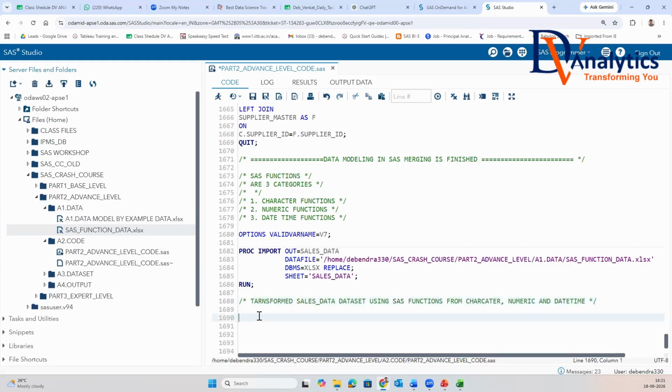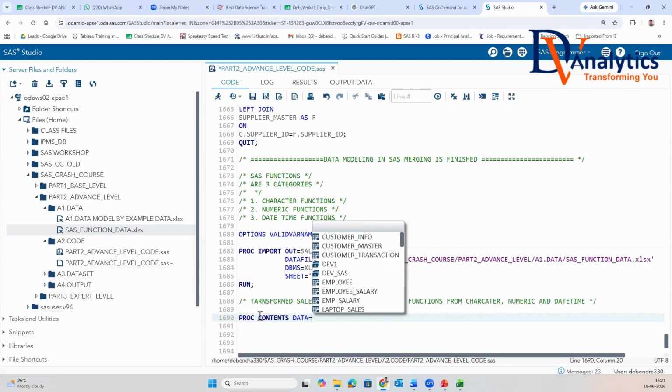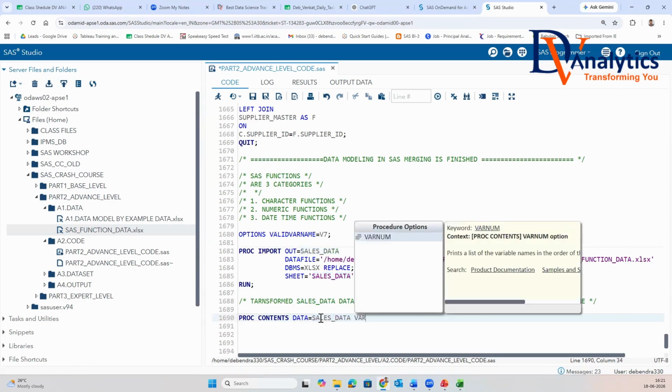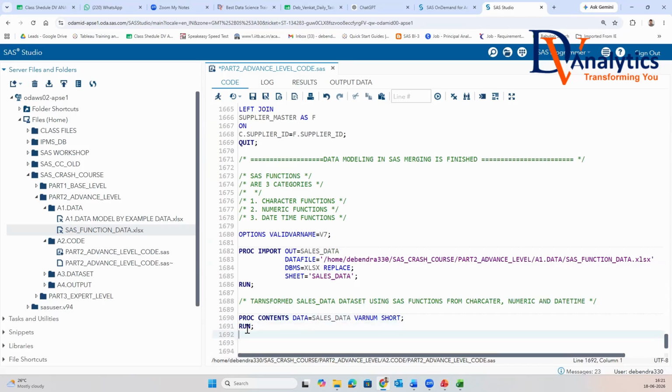So how do you go for doing this first? You write proc contents data. Data is equal to what, guys? Sales data, and you call varnum and short. If you do that,